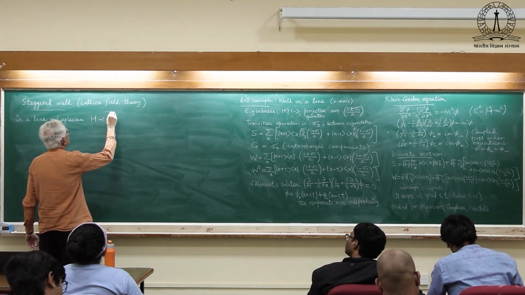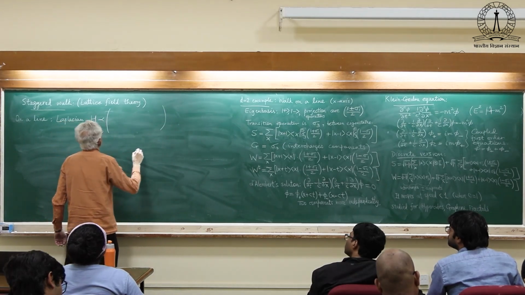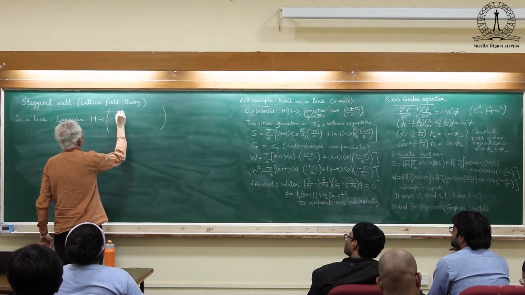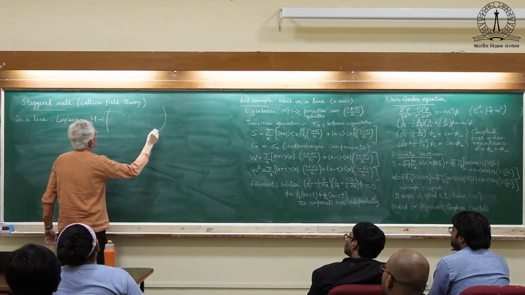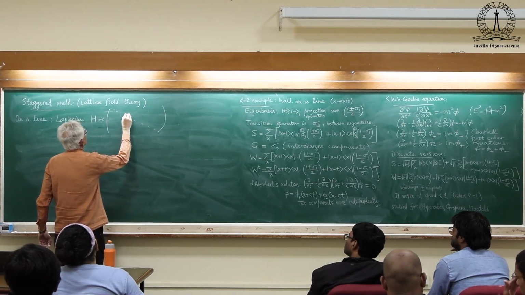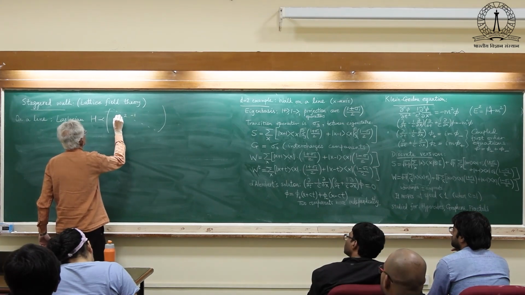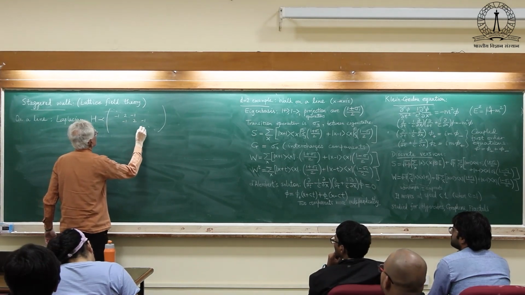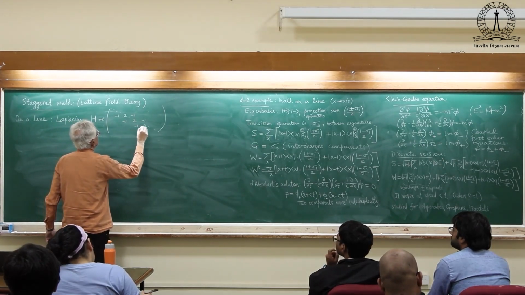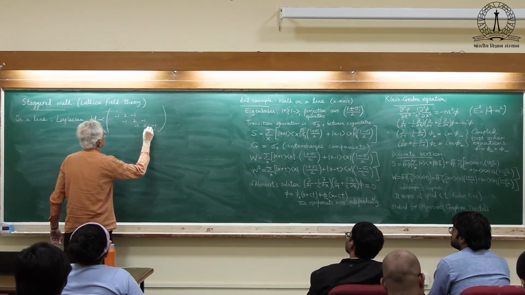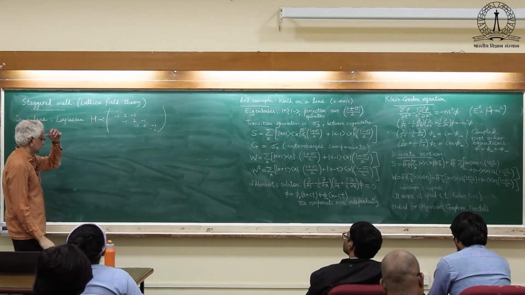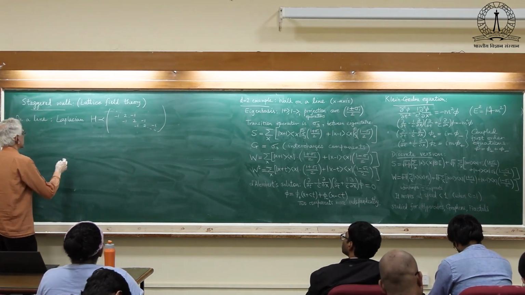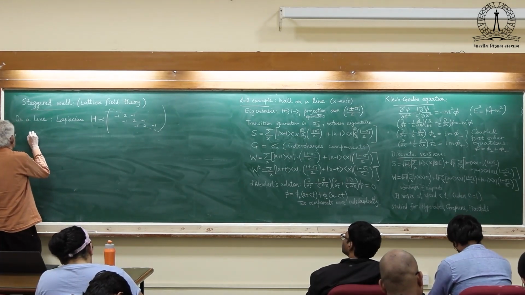It is proportional to a matrix which can be written as nearest neighbor differences. So it has the structure of this particular type, and that is a very generic property that the